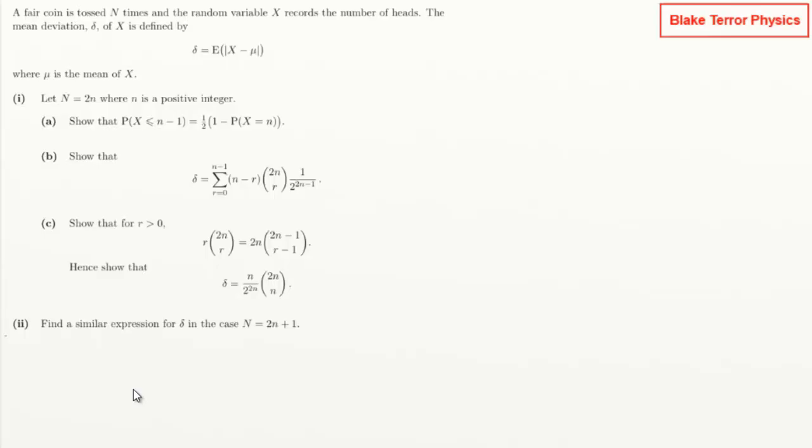Okay. Let capital N be 2 lowercase n, where n is a positive integer. So we've got an even number of coin tosses going on there. So we have to show that the probability of x being less than or equal to n minus 1 is equal to that thing. Right, okay, so this is going to be playing off the fact that we've got a